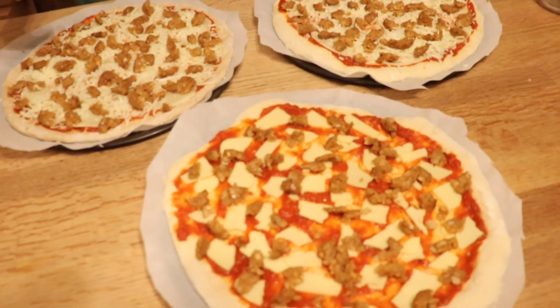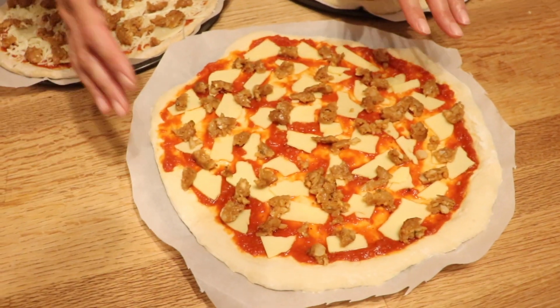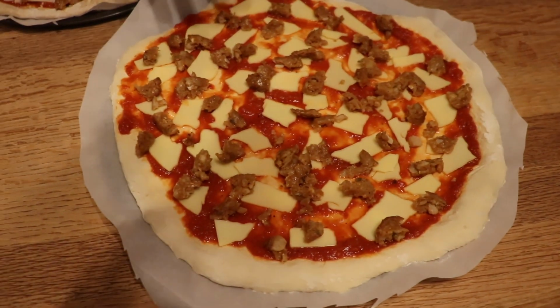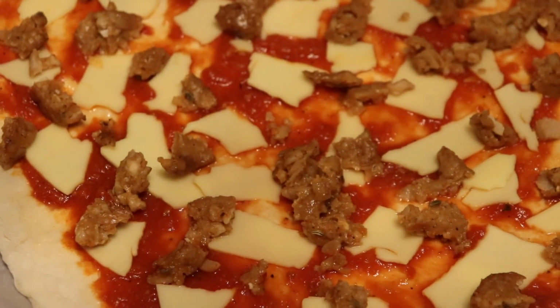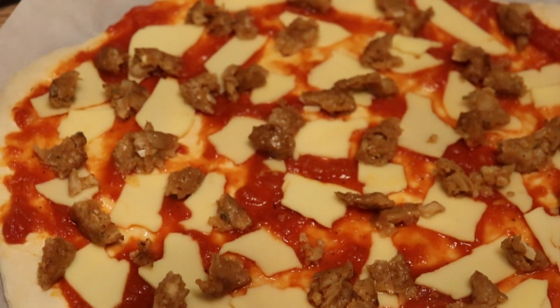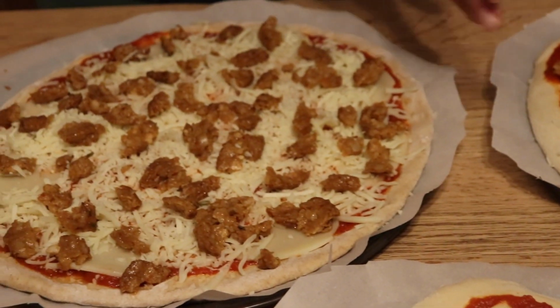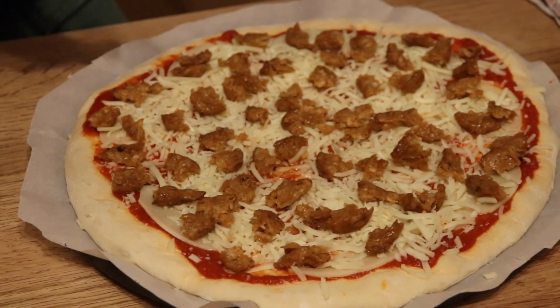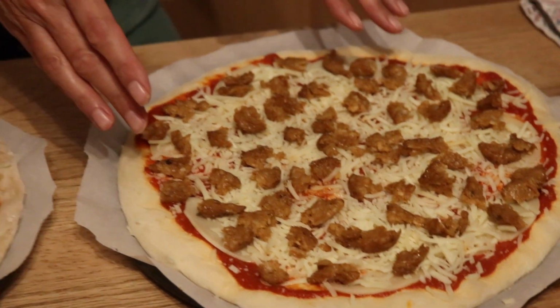All right, we're all fully loaded. Whoa. Here's the vegan one. It's got Paisana pasta sauce, Follow Your Heart smoked Gouda, and Gardein Italian sausage. Beautiful. They all have Gardein Italian sausage. This one is the other one that I made with just mozzarella and some provolone for the vegetarians in the